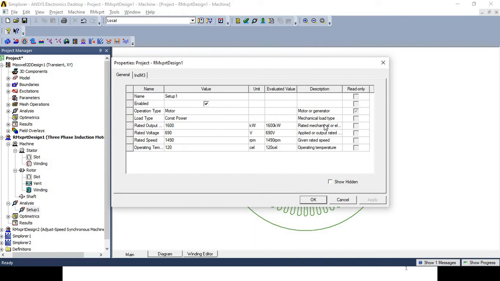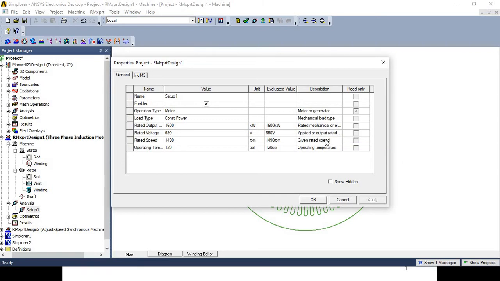Rated output, the meaning of which is rated mechanical or electrical output power, we had considered as 1600 kilowatt. Rated voltage, the meaning of which is the applied or output rated line to line AC RMS or DC voltage, which is 690 volt.